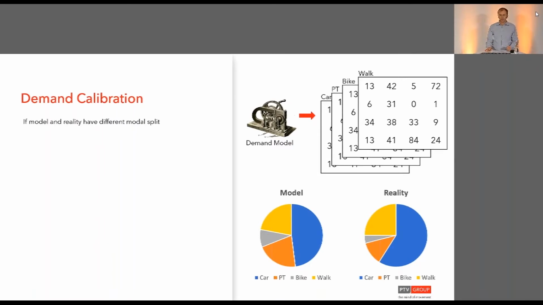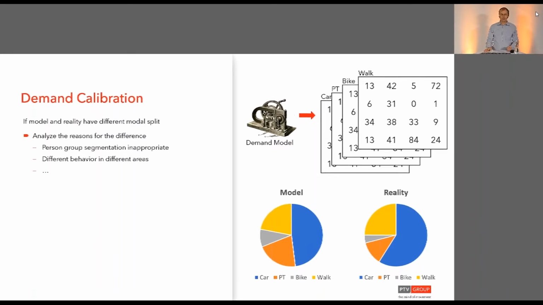Typically, if there are some differences, the modeler analyzes the model and the reasons for the difference. Maybe some person groups are not appropriately set up. For example, we need another segmentation of the person groups. We have observed different behavior in different areas and so on. So the modeler analyzes the situation, and then he possibly extends the model accordingly, and he repairs here and there,